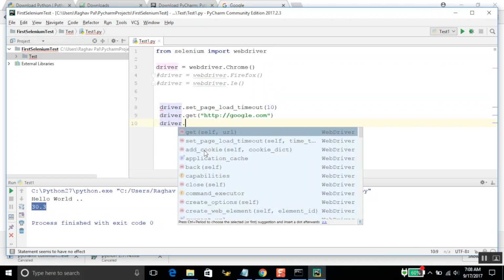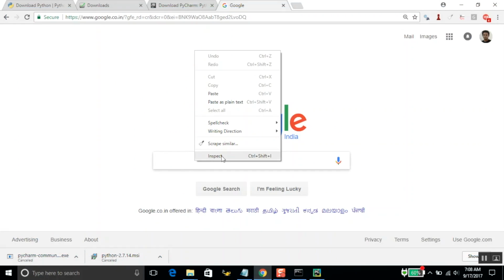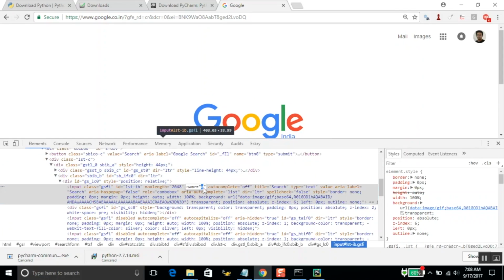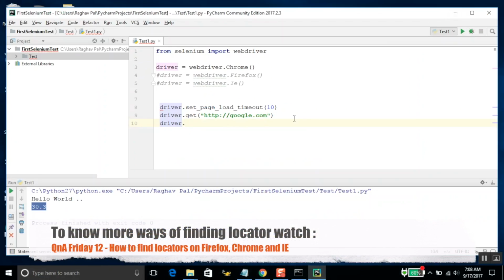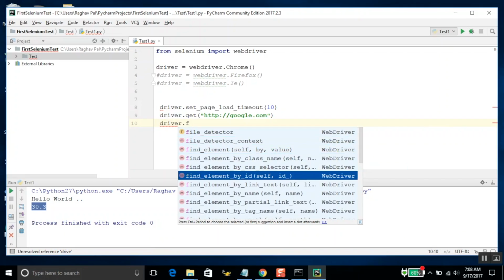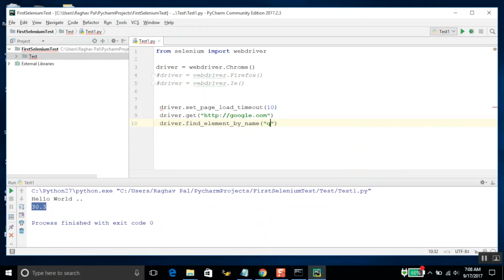let us say I want to find the element, this search box. So I can do a right click, I will do inspect, and you can see these are all the properties, and you can see the name is q here. So I will just say driver dot find element, and you can see all these options. You can find by CSS, ID, link text, name. So I will select name, and I will say q, and then I can say dot send keys, and whatever text you want to type, I will say automation step by step,